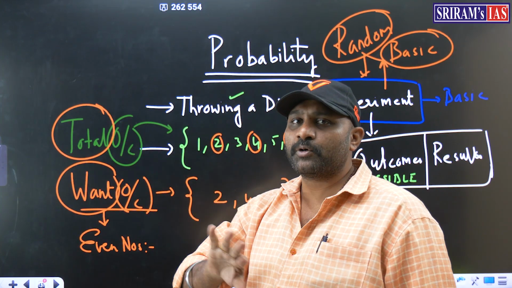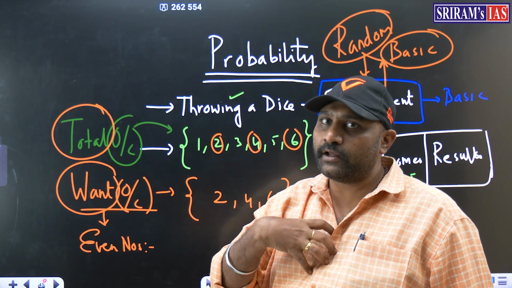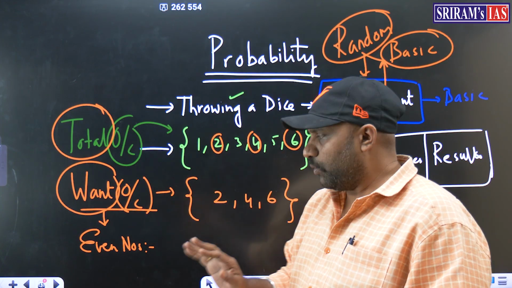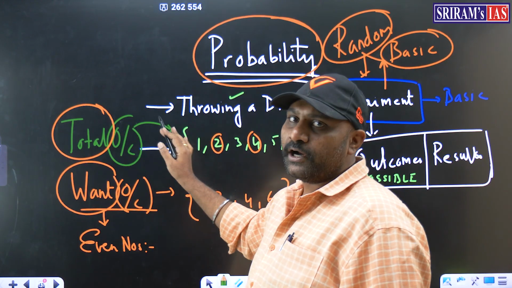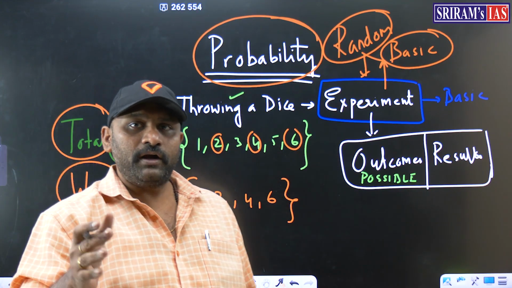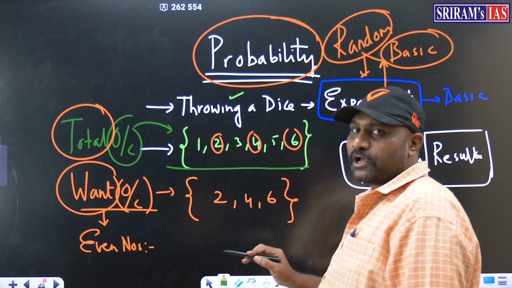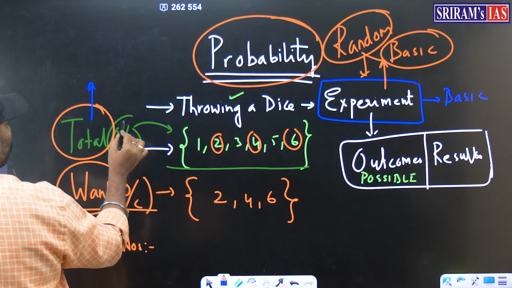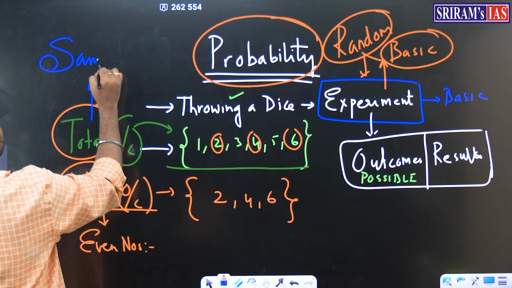So when we do the random experiment, the possible outcomes come. From those outcomes, I like and want some outcomes, hence want outcomes. This is the fundamental story of any probability question. Now, finally, if I have to describe probability, it is the probability of getting an even number. Before going to the want outcomes, the most important thing is the total possible outcomes of the basic experiment, which have a good name. Their name is total outcomes from the random experiment, called the sample space.